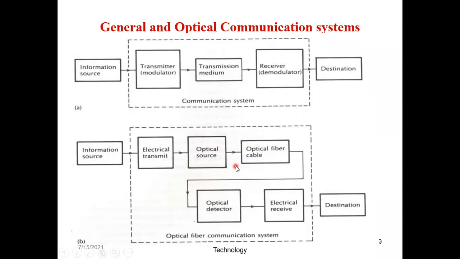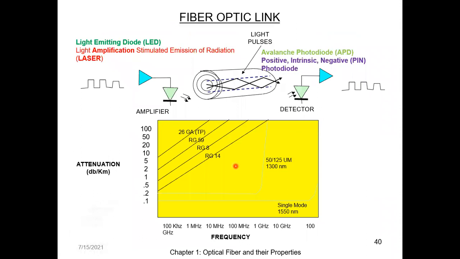And if you want to draw, I have one diagram from the internet. If you want to draw the signal like this, you can draw. So here the input signal, digital signal is given. This is how the fiber cable looks. But I would recommend don't waste the time in drawing all this diagram.